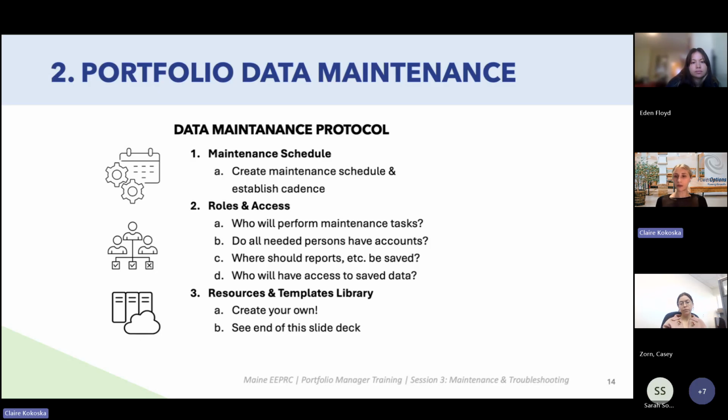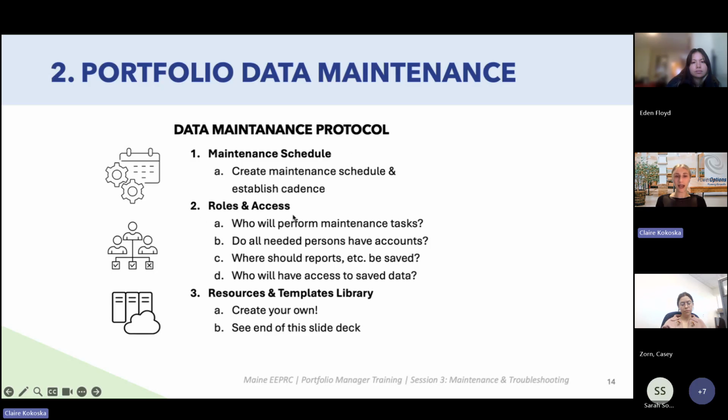So in the next slide, we will go into recommended cadence and scheduling, but the schedule is key in figuring out when will certain data maintenance, cleanup, input tasks occur, and who,